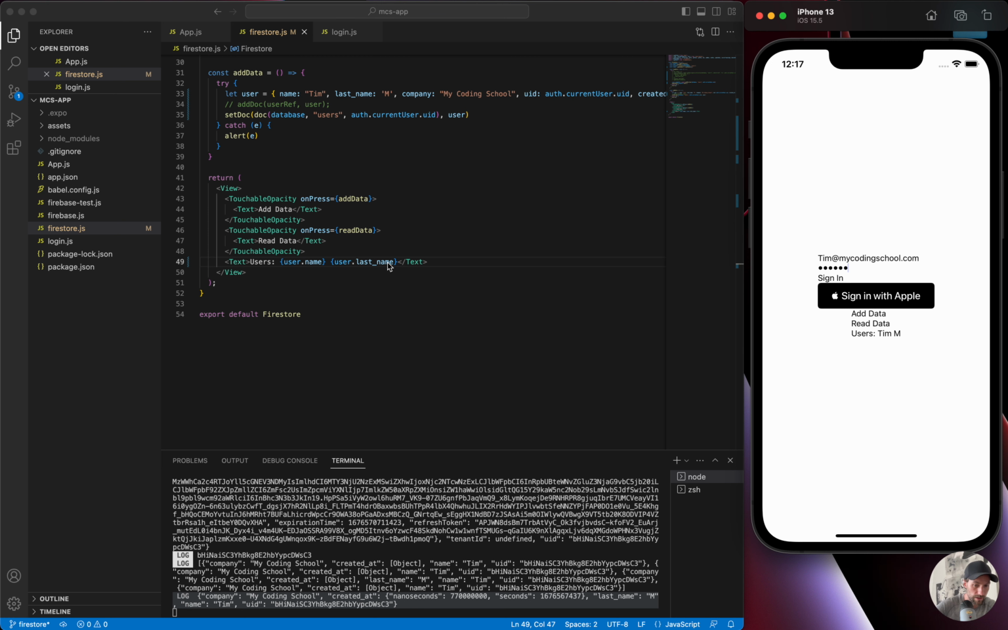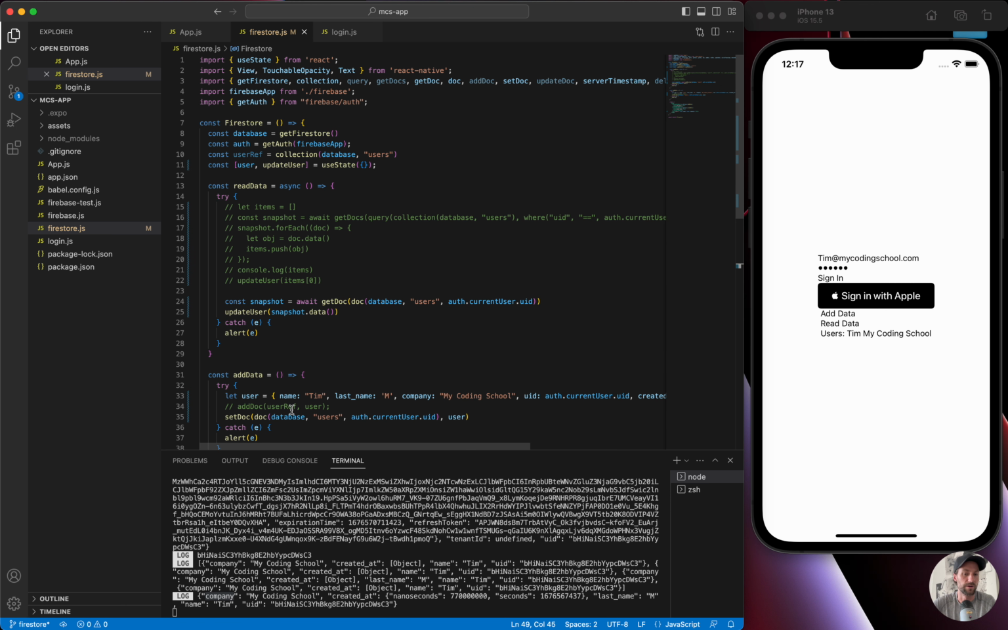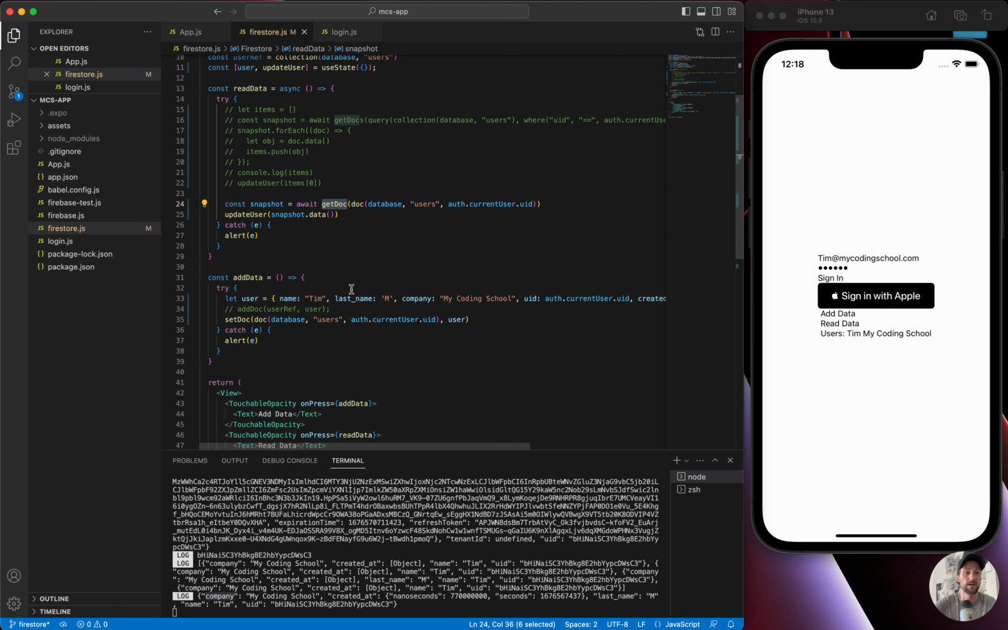And you could add whatever you want. You could add company name. Company. And then we have Tim at my coding school. So in this scenario, it's a single user, so we only want to use get doc. Get docs wouldn't make sense here because we only want that one item. Otherwise, you would have to loop through all of them, and then you would have 4 users to show. And so that is the main difference between get doc,